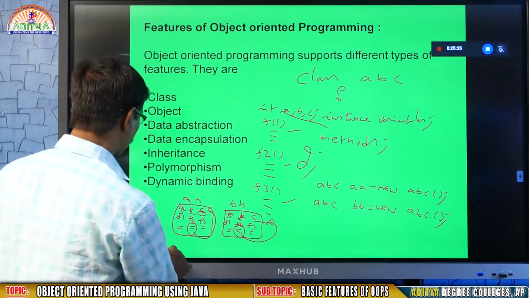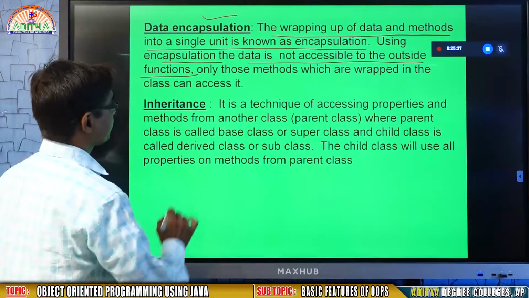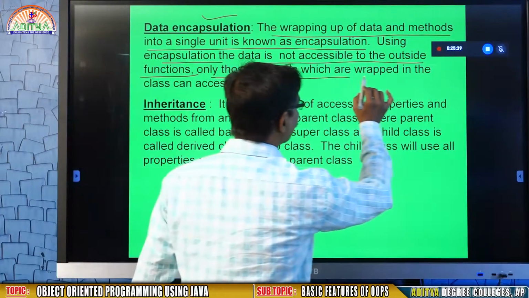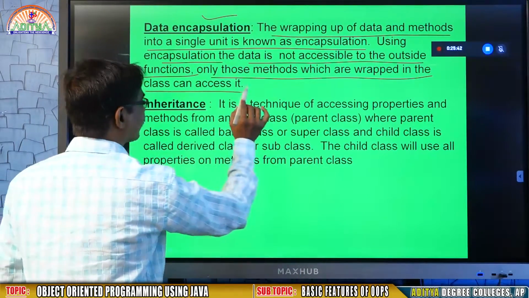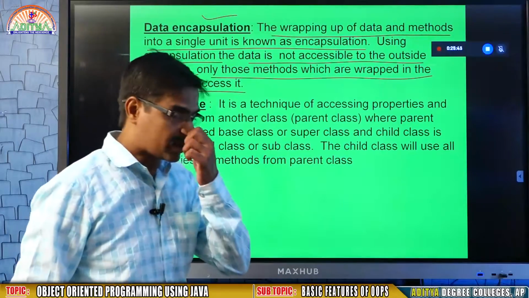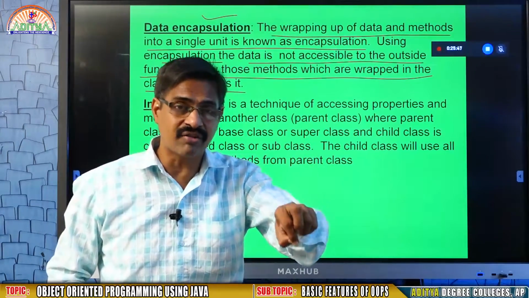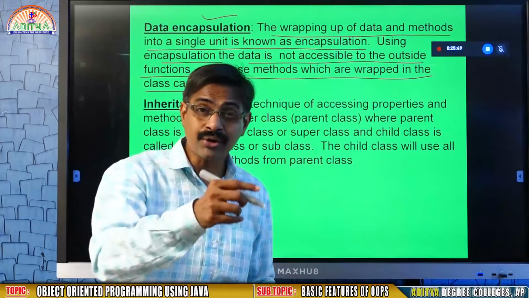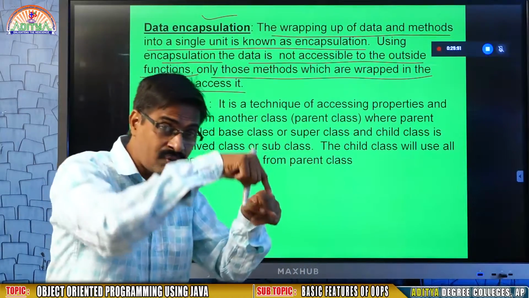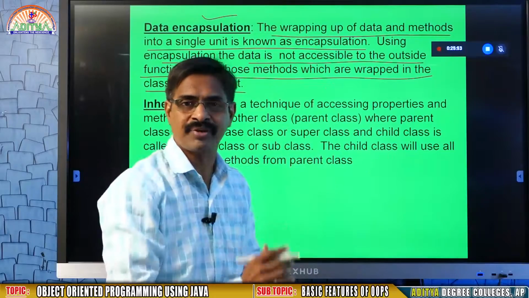That is important. So here also, only those methods which are wrapped in the class can access it. It means in a particular object, if you want to calculate any instance variable answer, you require to use the method that is available within that object, not in another object.